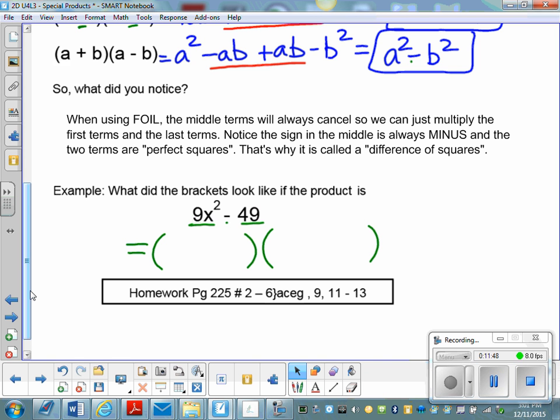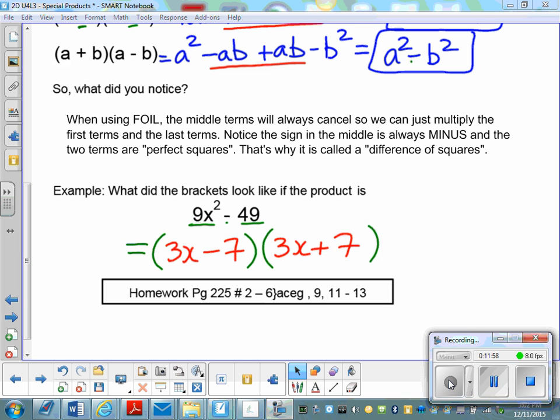before you got that answer? I'm going to pause and see if you guys can figure it out. I'll put my answer down. So we end up with 3x minus 7 and 3x plus 7. 3x times 3x gives 9x squared, and negative 7 times positive 7 gives us the negative 49. And it doesn't matter which order you write the brackets in. You could write the 3x plus 7 first, then the 3x minus 7, and that's going to be a correct